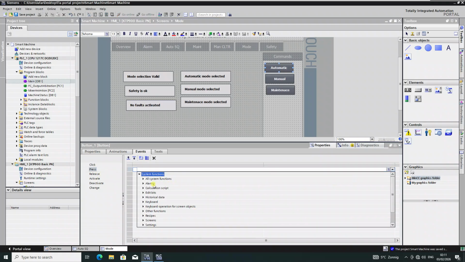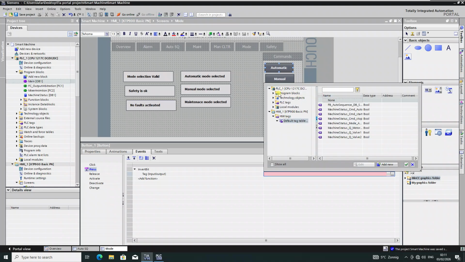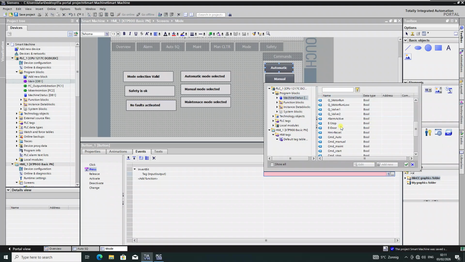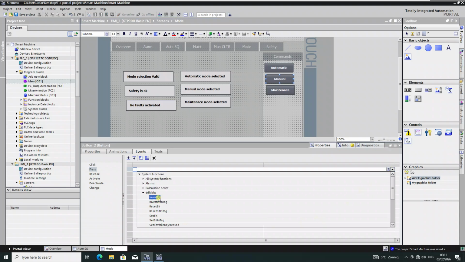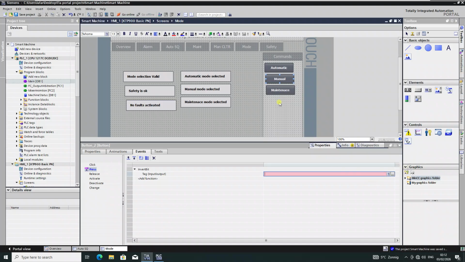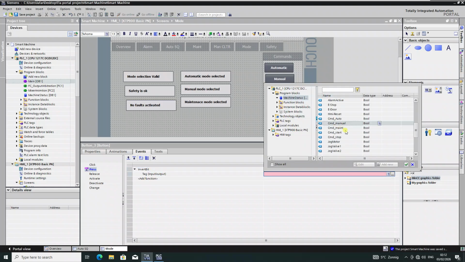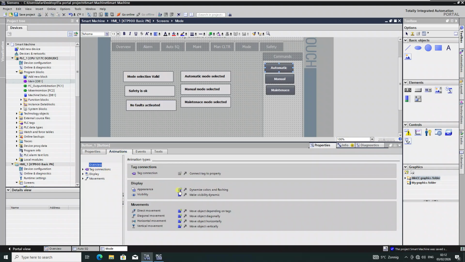We press this button and the input bit: CMD automatic, and the second one CMD manual, and the CMD maintenance. Okay, and now we also change the color,